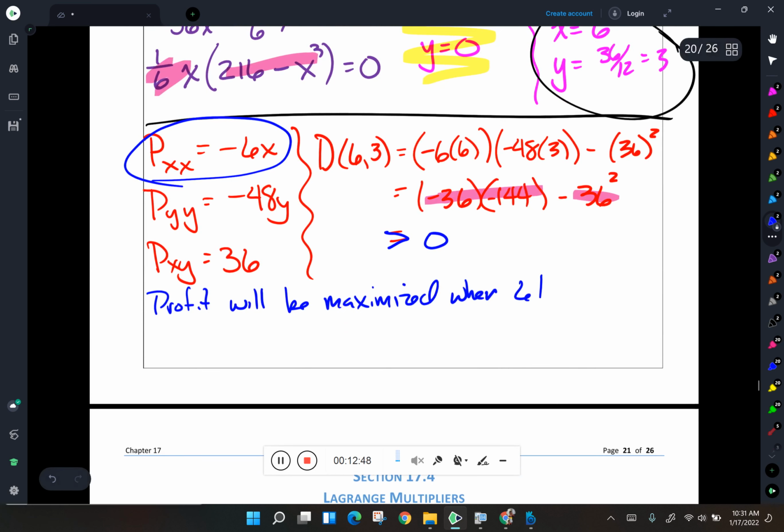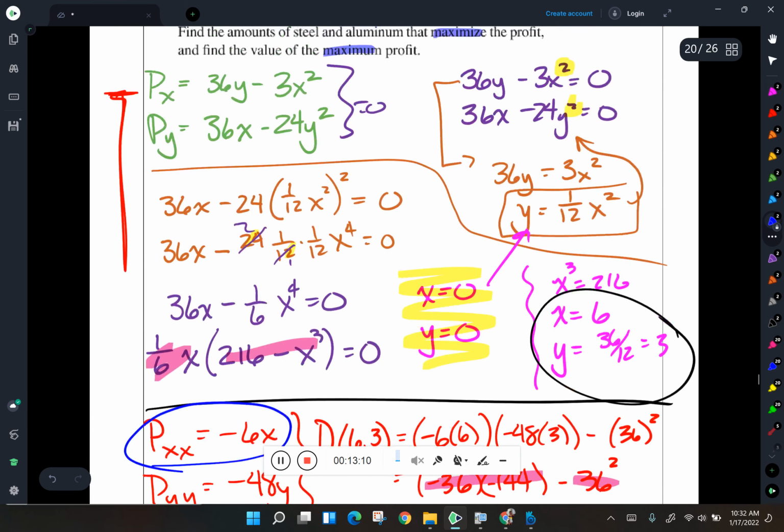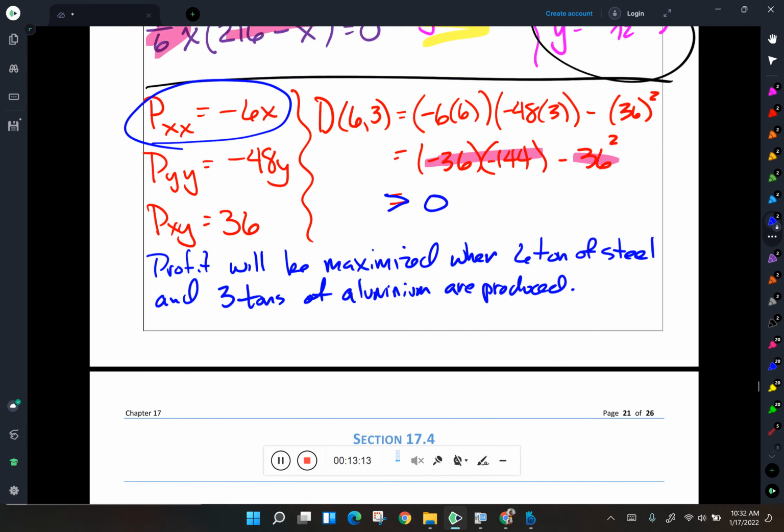When 6 tons of steel, and y was 3, so 3 tons of aluminum are produced. Do they want the maximum profit? Oh yeah, we've got to find that value. So the max profit is,